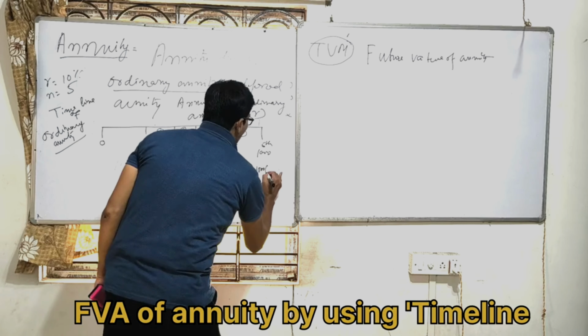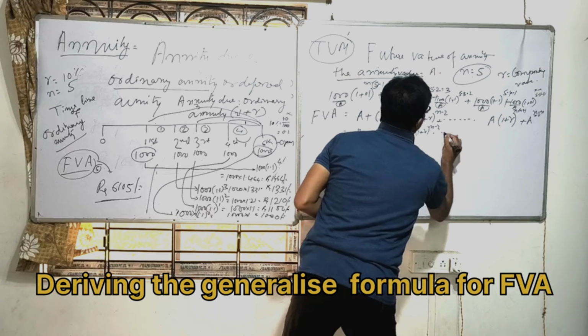And the previous one will be a into r to the power n minus n plus 1. So what will be the equation? a into 1 plus r to the power n minus 1 plus a into 1 plus r to the power n minus 2,